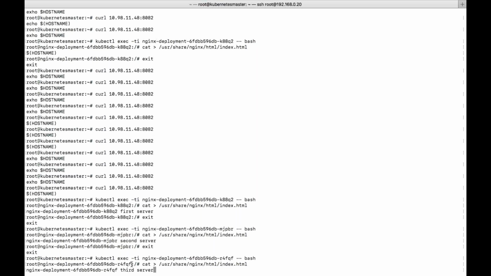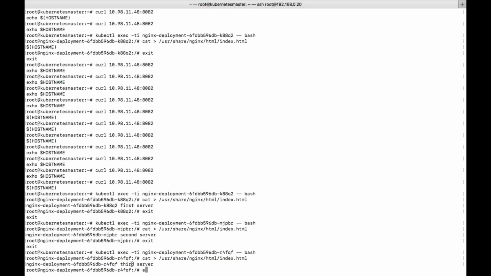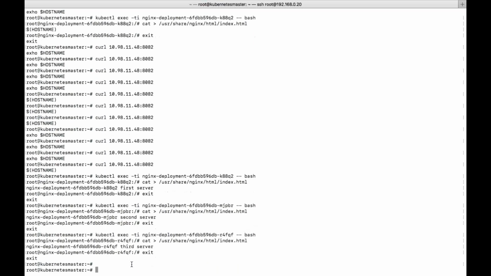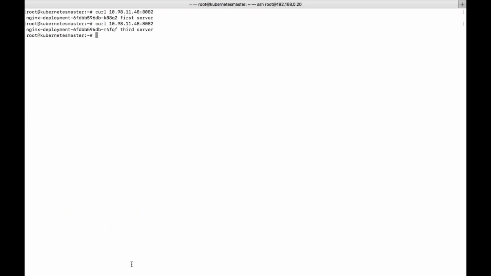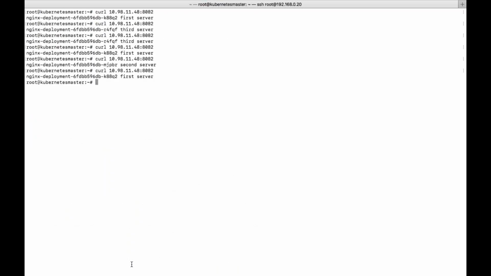Now we have written a proper address. So let's log out and let us use curl on the IP. Now you can see first server, third server, first server, second server, first server, third server, second server, third server. So it is load balancing equally across all the applications.